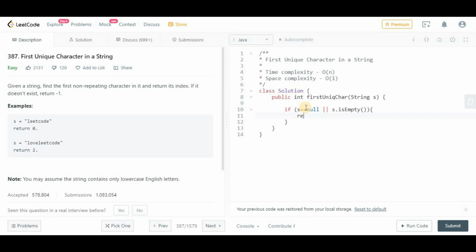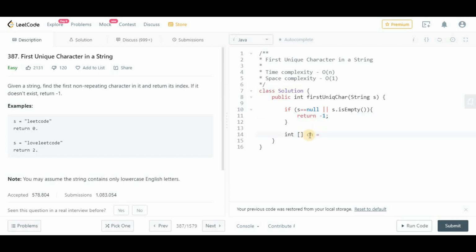In both these cases, just return -1, right? So s can be null, or the length of s can be 0. So in that case we have to return -1, right?